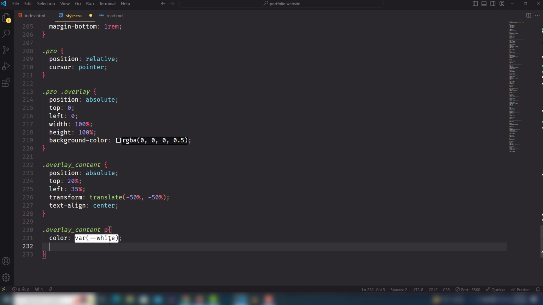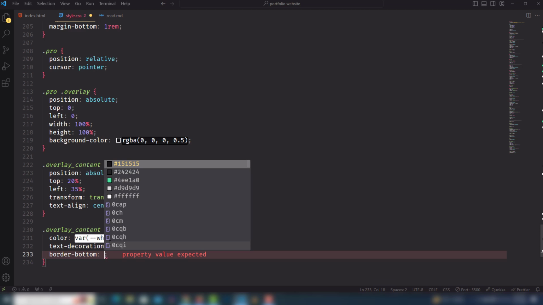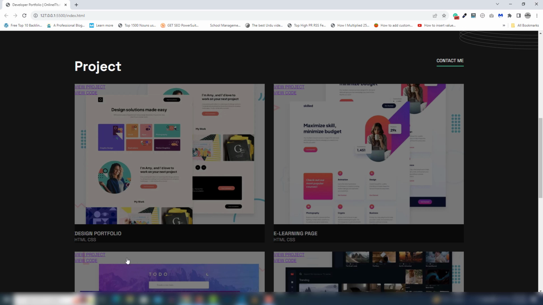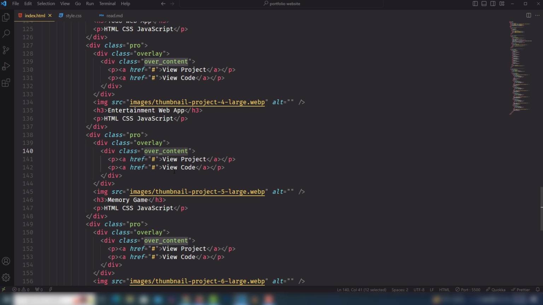Also I need to select the overlay content, white, text decoration none, and I will use border bottom 2 pixel solid green color. So we need to save. I don't know why it doesn't appear, so I need to check that. And okay,